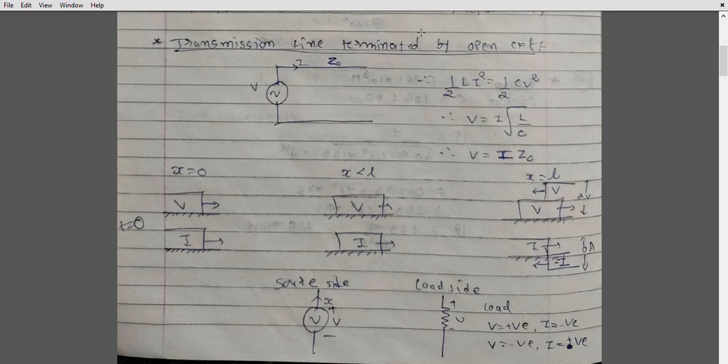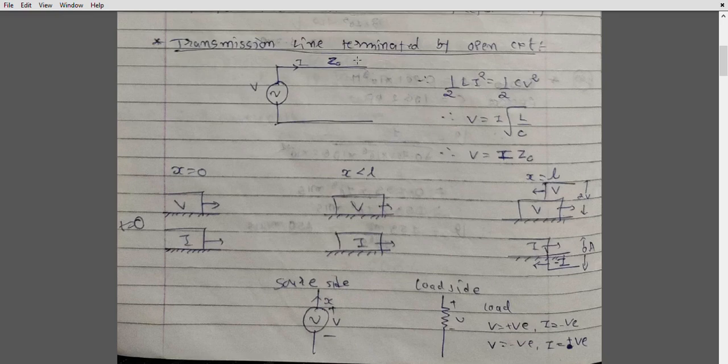As shown in the figure, at the open end there is no current at the receiving end, because it is open circuited, so there is no flow of current in the secondary part. As a result, the energy stored in the magnetic field is transferred into the electric field, and this raises the voltage by an amount V, so that 1/2 L I squared is equal to 1/2 C V squared, and from that we derive that V is equal to I multiplied by Zc.